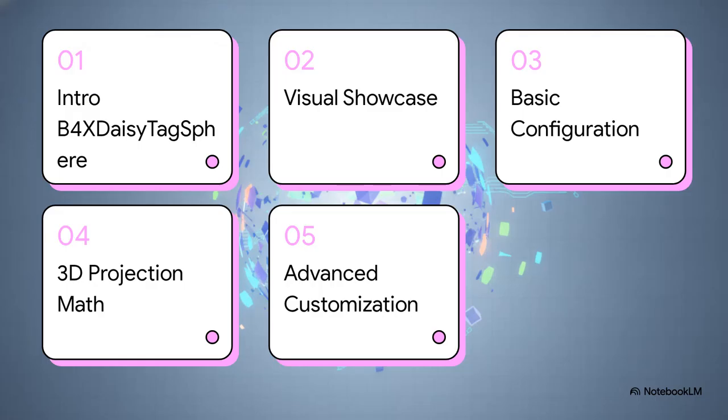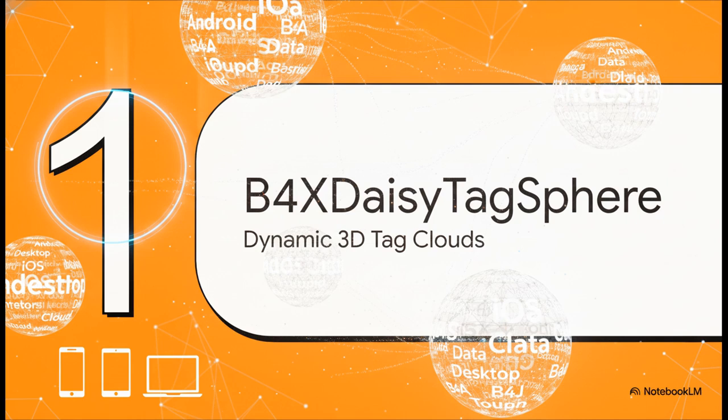So here's our game plan for this explainer. We'll introduce the B4X Daisy Tag Sphere, check out a visual showcase, cover the basic configuration, dive into the 3D projection math, and wrap up with advanced draw tag customization. Let's get to it. All right, part 1, introducing B4X Daisy Tag Sphere, your go-to for dynamic 3D tag clouds